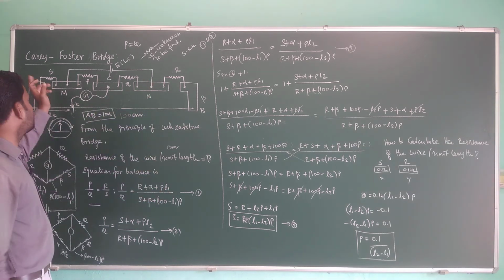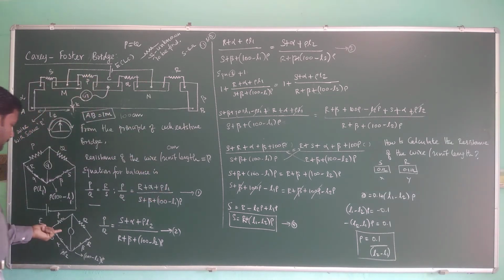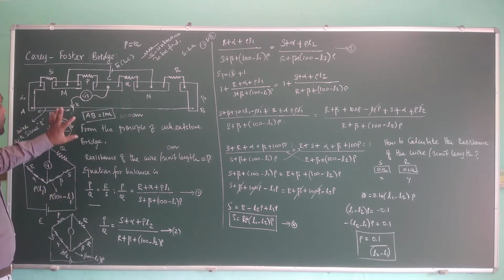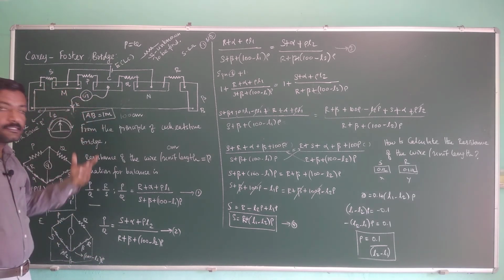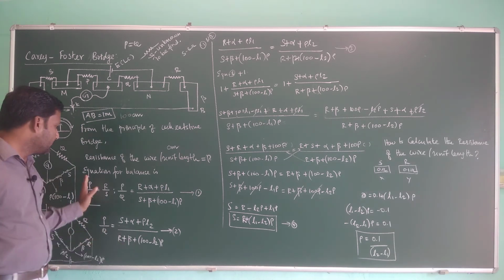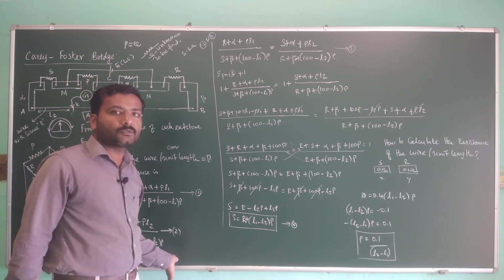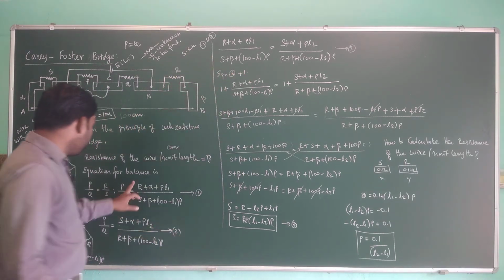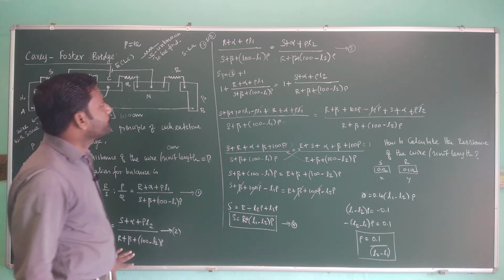Then we interchange the resistances. We can draw again; here I have skipped drawing the connection of the battery, as it does not play any role in deriving this equation. So by interchanging the resistors, we can write equation 2. The left hand sides of equation 1 and equation 2 are both equal, so the right hand sides must be equal. So we compare the right hand sides.